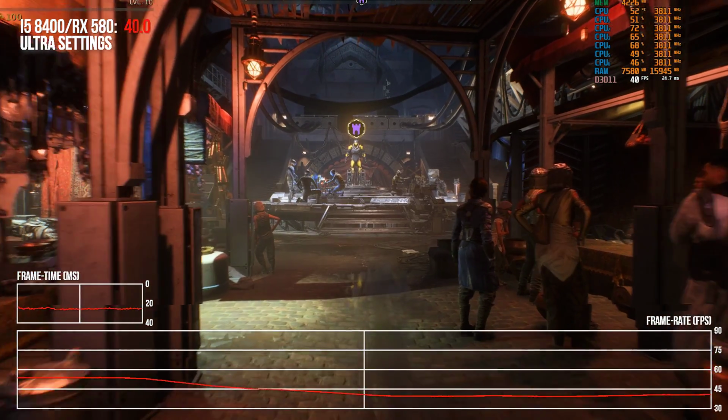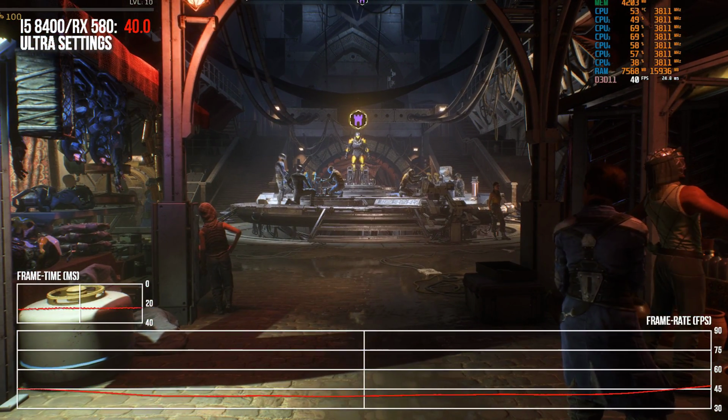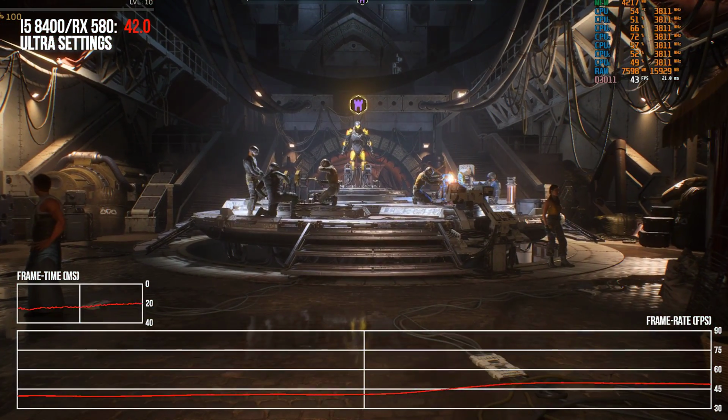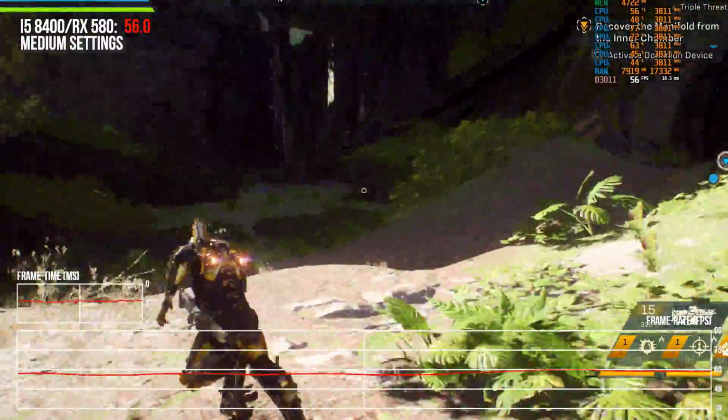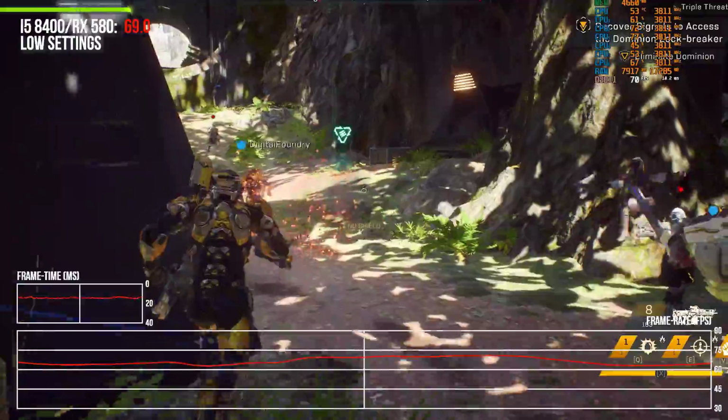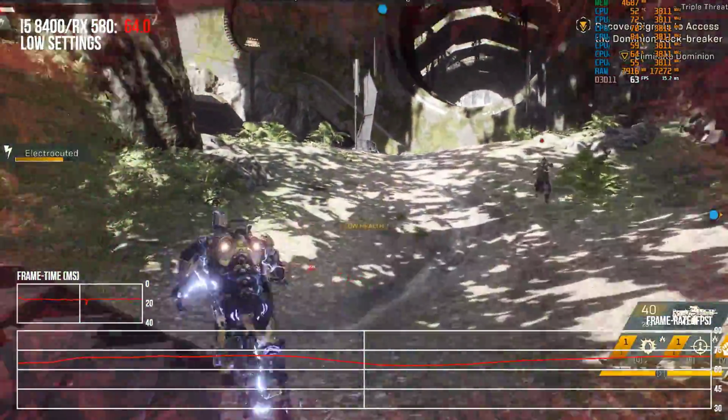The idea then after that was to turn down settings to see what it would take to actually bring them up to 1080p 60. On medium, we did not achieve that, and then we dropped it down to low, which does quite a lot. This demo,